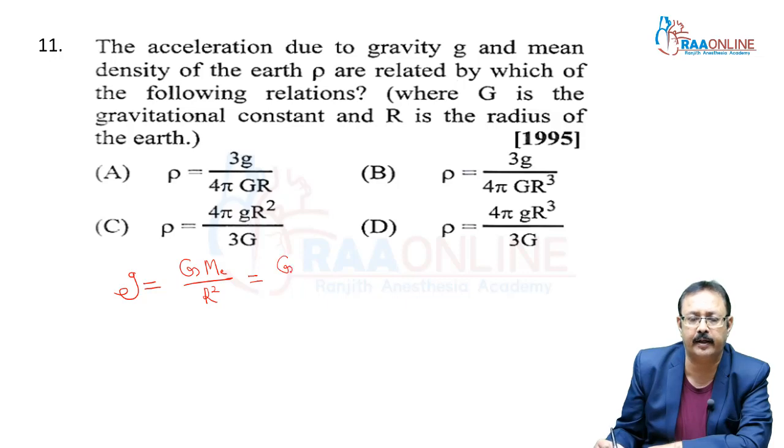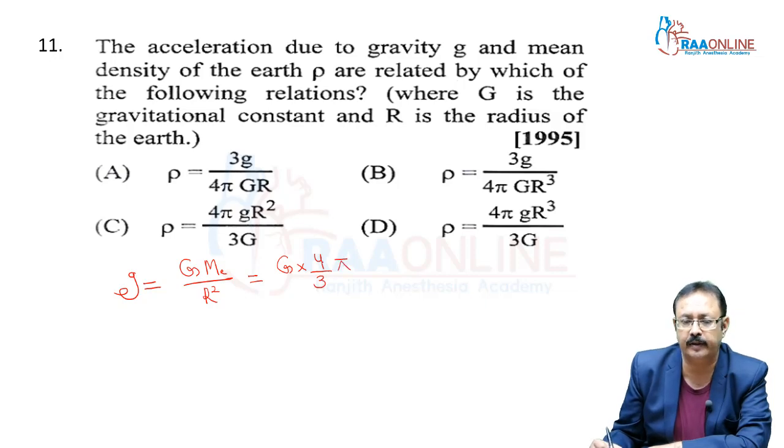Assuming Earth is spherical, mass should be volume into density, and the volume of a sphere you learned in 8th class, 4 upon 3 pi r cube. Volume into density, again a formula for 9th class. Cancel the r. What are you getting? You are getting 4 by 3 pi r rho